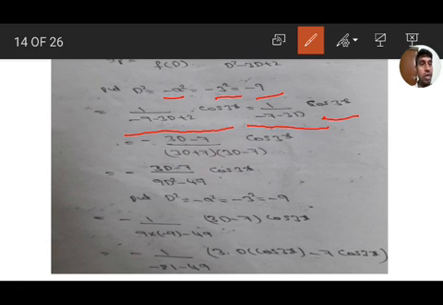Minus is outside, minus outside means 3D plus 7. We need to convert 3D plus 7 into a D square term. So multiply and divide with 3D minus 7. So we get minus of 3D minus 7 by 3D plus 7 into 3D minus 7 cos 3x. Using a plus b into a minus b, 3D plus 7 into 3D minus 7, so a square, 3D whole square means 9D square minus 7 square means 49, that is cos 3x.